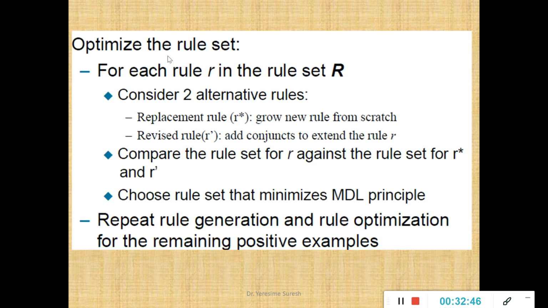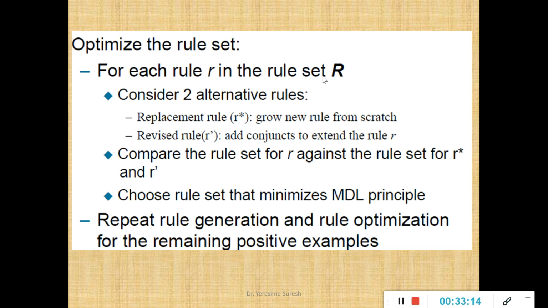The last one, optimize the rule set. In general, what do you mean by optimization? Within limited resources, yield maximum production. Similarly, with respect to optimization of the rule set, it indicates that with the minimum number of rules, trigger the maximum number of records. We have seen how a rule triggers a record. The same thing: optimization is with the minimum number of rules, I must trigger the maximum number of records.